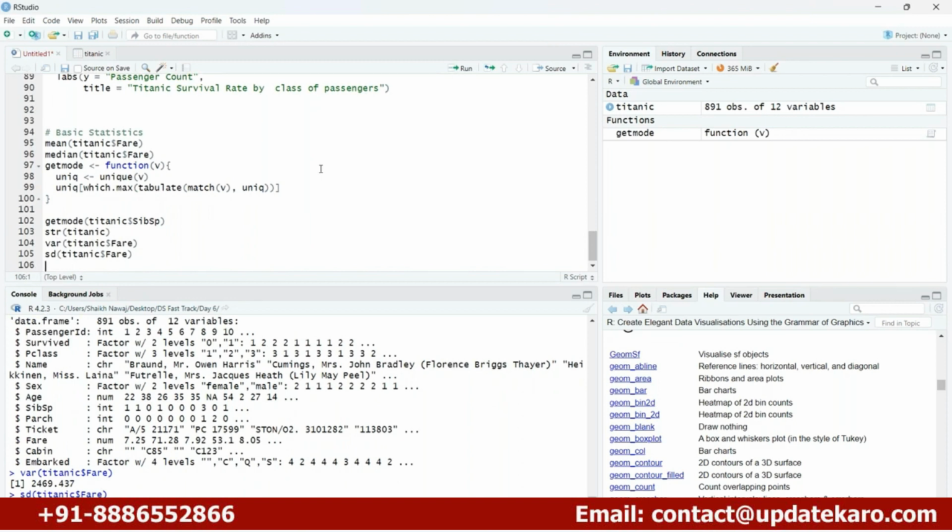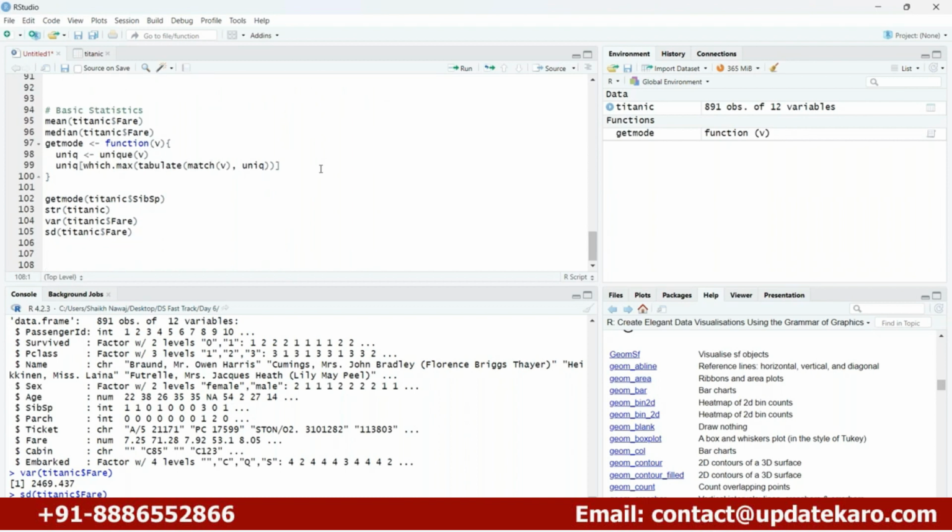So you can do so many different things, which means these are nothing but the basic statistics. You can find out the mean, median, mode, the variance, standard deviation, and so many different things, right? Now what about next? Let me show you how you can do the advanced statistics, which means how you can find out regression, ANOVA, analysis of variance, right? So for that,